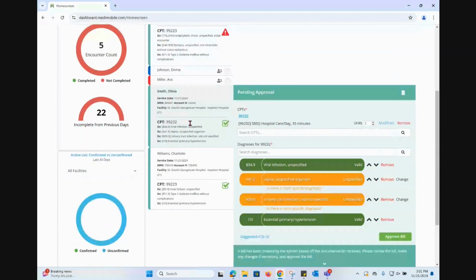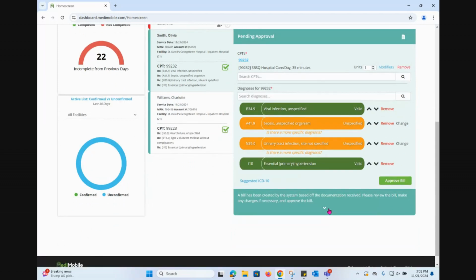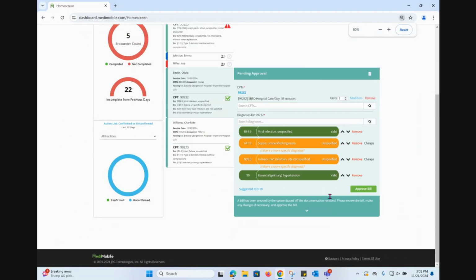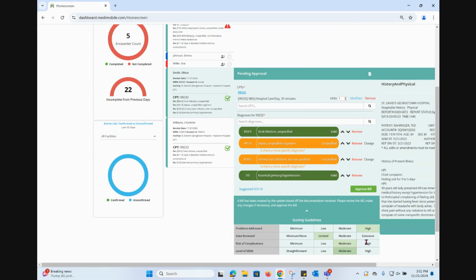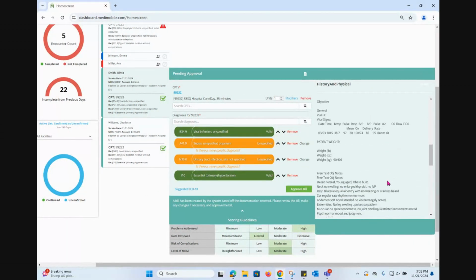For an example, Olivia Smith. It shows us the information that was transmitted over, such as date of service and MRN number. If an account number had been populated over, it would be right here, and of course the facility that she was seen at. The system did read the notation and documented the CPTs and diagnosis codes accordingly. If we want to see the notation that the provider made, we can simply come right here and it will show us the actual notation,